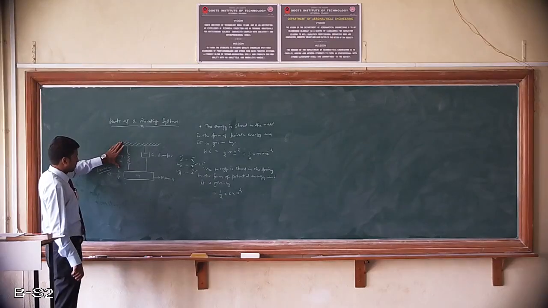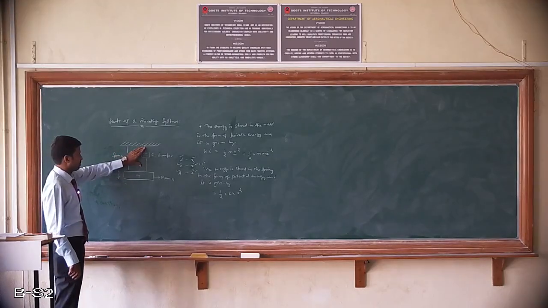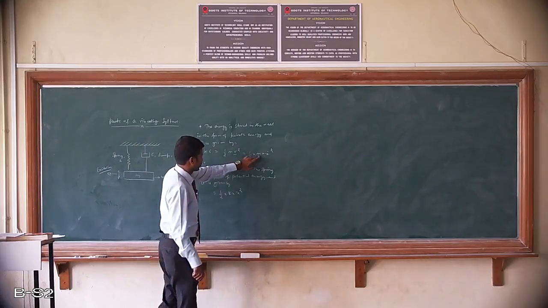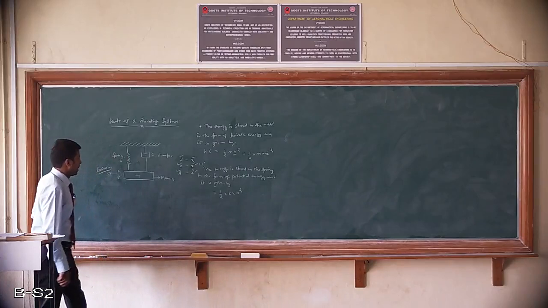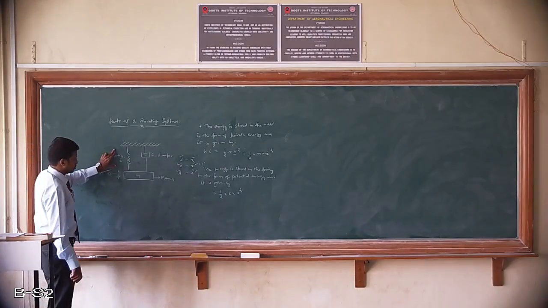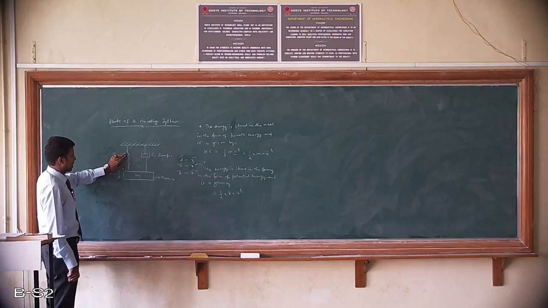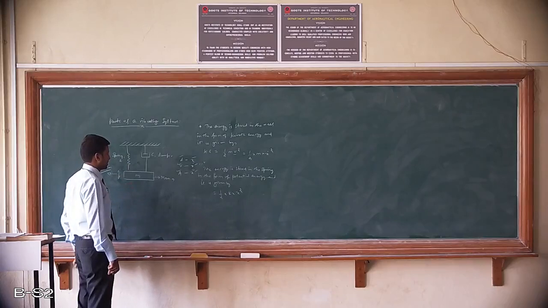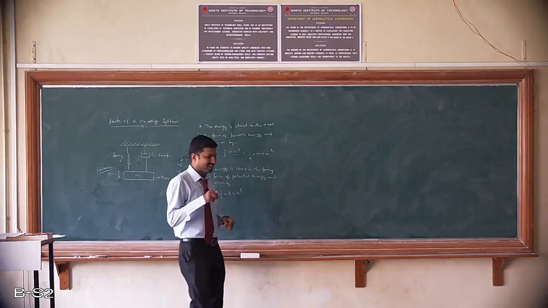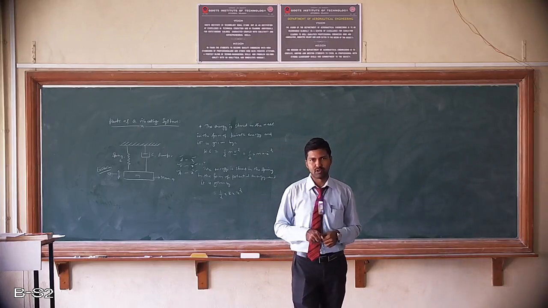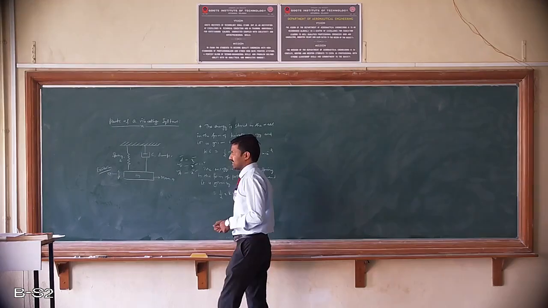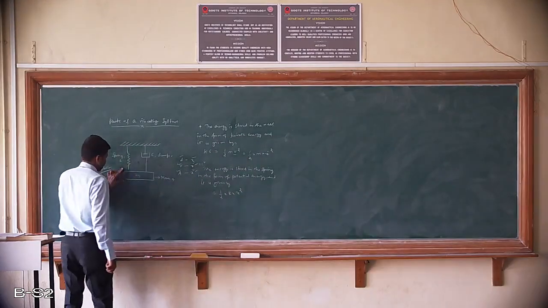First, the parts of vibrating systems are three. One is mass, second is spring, third is damper. In the mass, the energy is stored in the form of kinetic energy, and it is given by half mv square, that is nothing but half into m into x dot square. And in the spring, the energy is stored in the form of potential energy, and it is given by half into k into x square. In the damper, the energy is dissipated in the form of heat energy. So always the energy enters the system with the help of external force. That external force is known as excitation. So because of that excitation or the external force, the